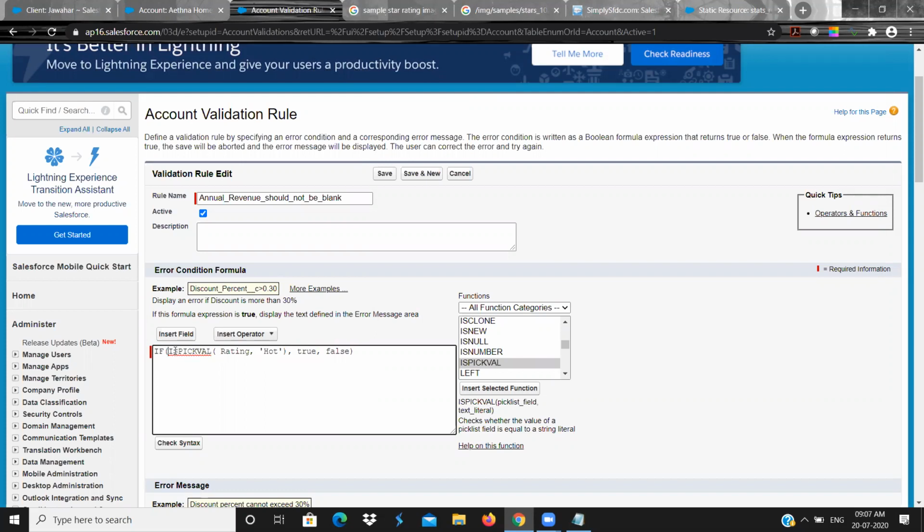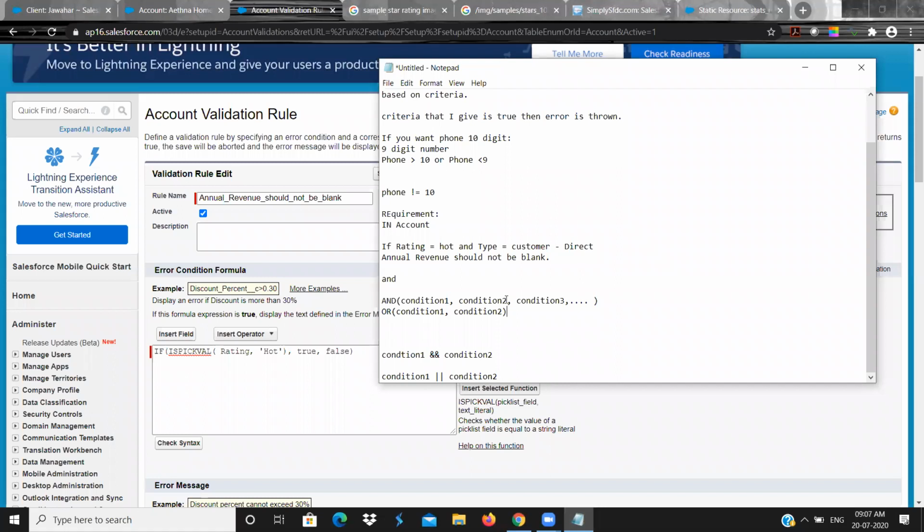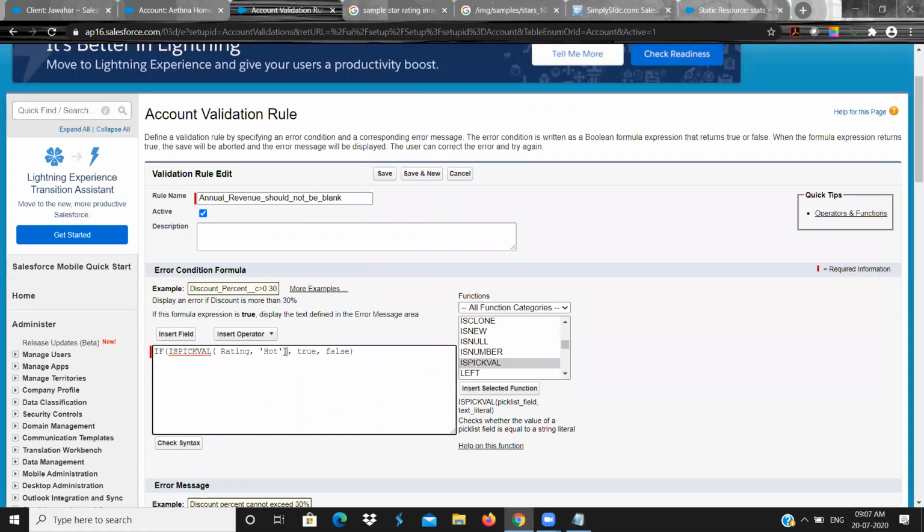Now, but here, continuously two conditions only we have given, right? Like if condition one satisfies, that value we need to give. No, that is to check another condition. But here what we need to do is we need to return true or false.